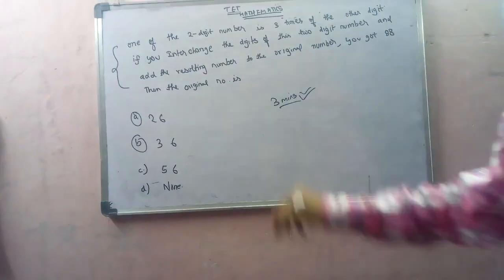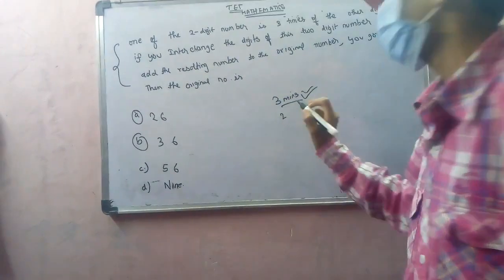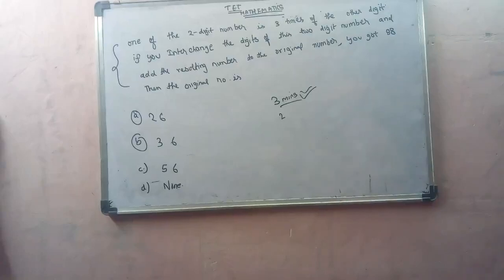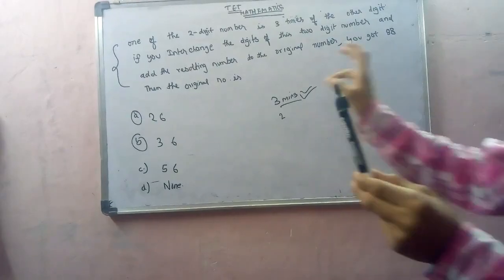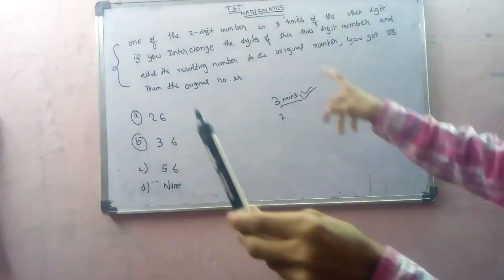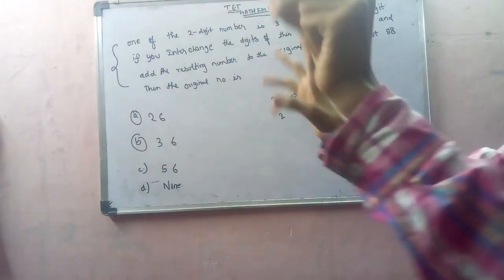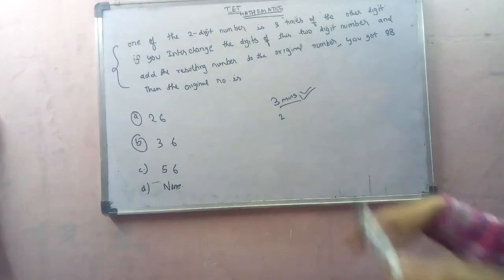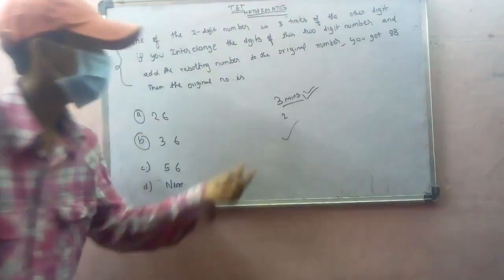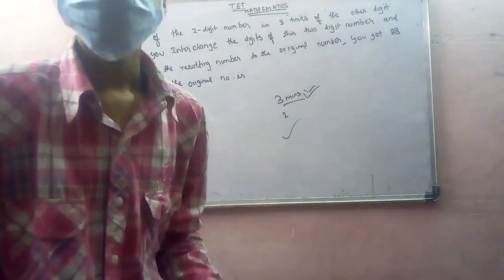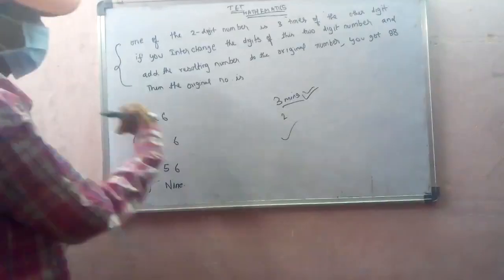You take 2 minutes to think and 1 minute to solve, but you will not get it. Okay, if you can do, you will do and you will tell that x equals this number. You take at least 5 minutes, but you have only 3 minutes. So that's why I am showing this question trick.